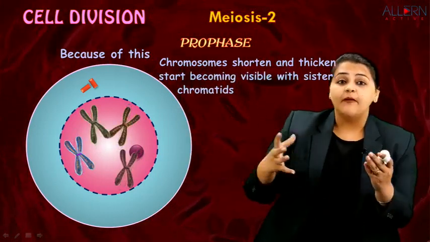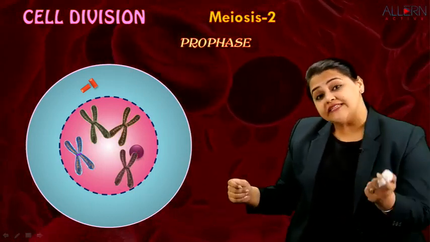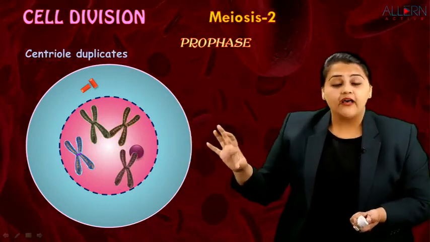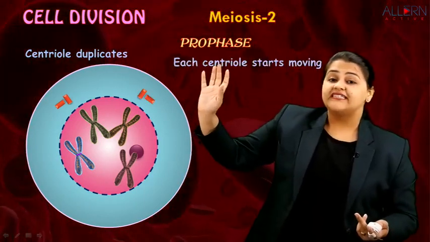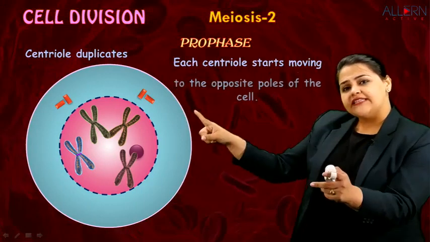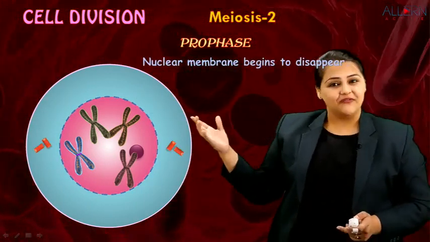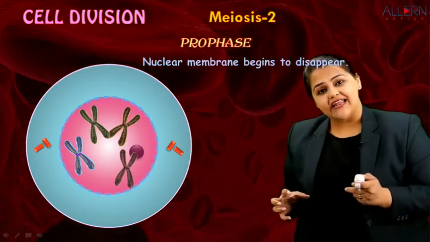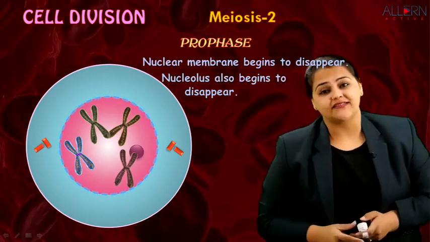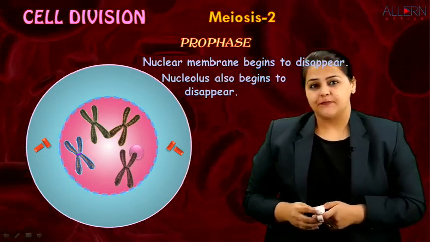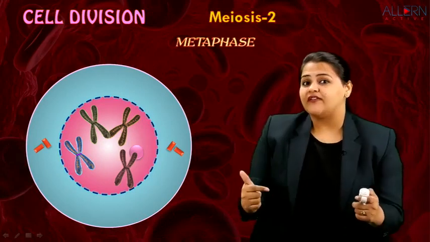They'll start appearing with their sister chromatids, though not very clearly, but they will still appear. The nuclear membrane will start to disappear, the nucleolus will start to disappear, the centrioles will duplicate, and of course they will move towards the poles. The nuclear membrane will start to disappear, though it will become very light, it is not going to disappear very soon, and the nucleolus is the same. It starts to disappear. That's where we know it's the end of prophase, and that's where we will enter